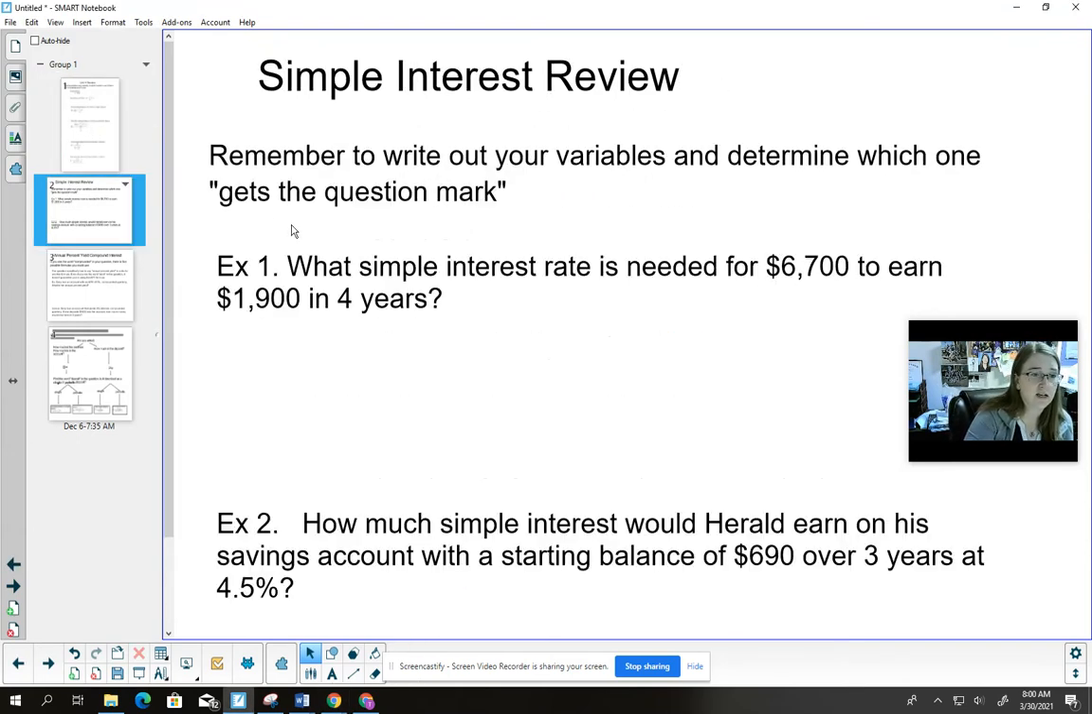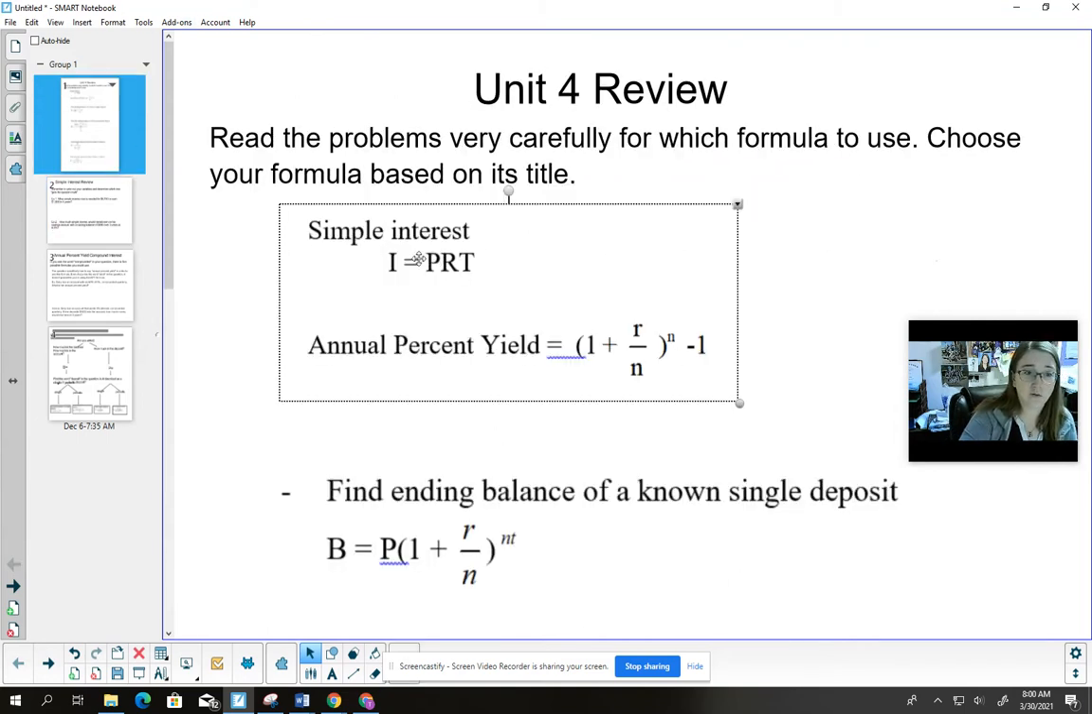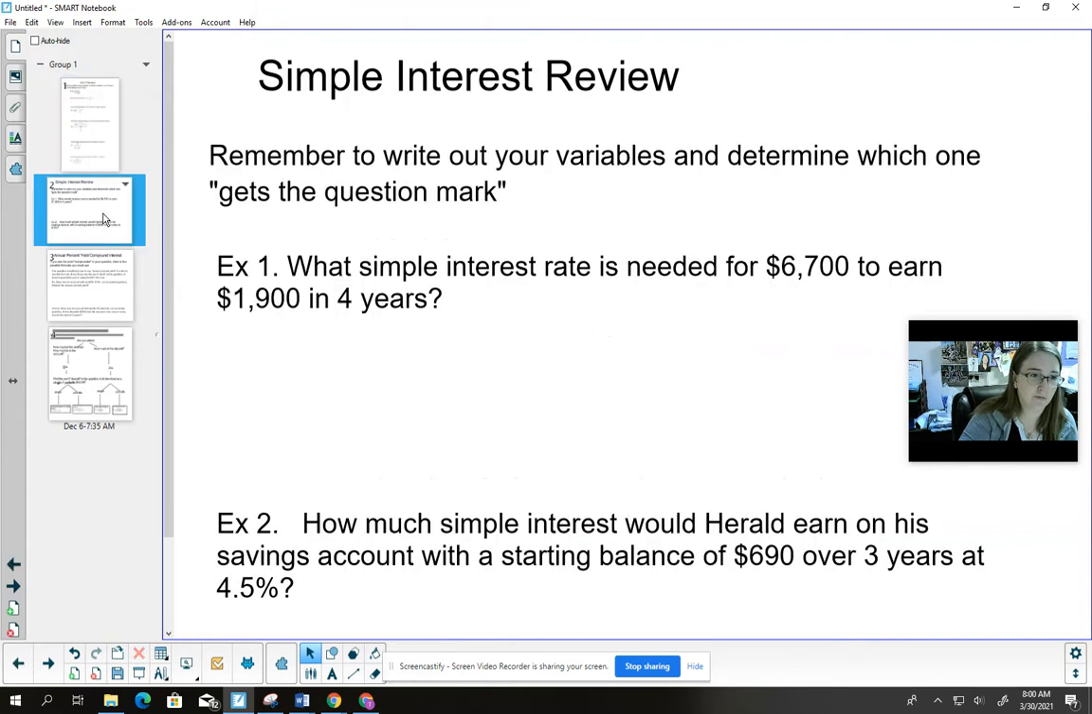Again, with the formulas, you have to read the question. If it goes blah, blah, blah, simple interest, it's guaranteed to be simple interest and nothing else. And in fact, it cannot be simple interest if it does not say simple interest. So once more, read your questions very carefully. It has to say simple interest for you to use I equals PRT. Just be careful. Remember for these ones that you're going to write your variables out and determine which one